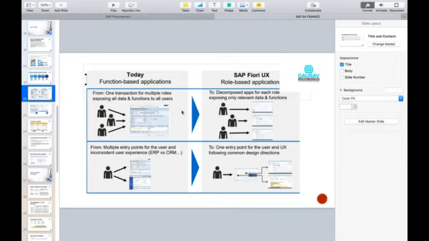Okay, but now in SAP Fiori, they provided 3 different screens. One screen for maintaining the FI related information, second for SD related information, and third for MM related information. Okay, that is the reason they are calling it role based.